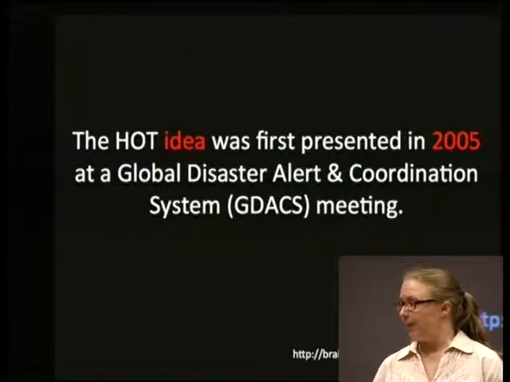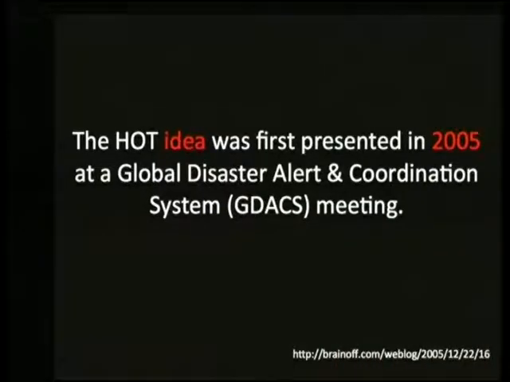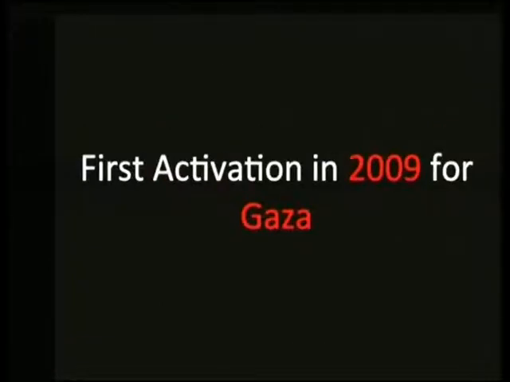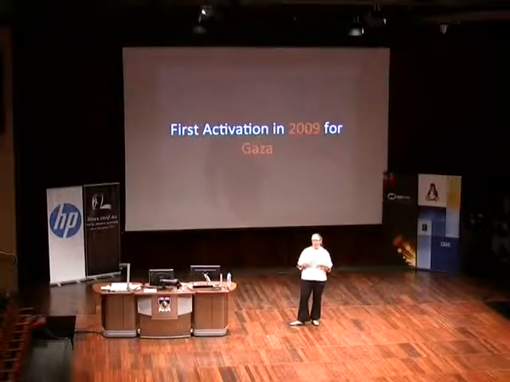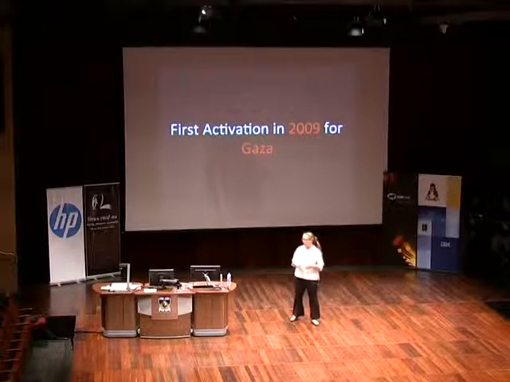So HOT's actually been in existence for quite a while. OpenStreetMap's been around 9 years, and the idea of the Humanitarian OpenStreetMap Team was presented about 8 years ago. The first official activation, and what I mean by activation is a call out to the community, was in 2009 in Gaza. The OpenStreetMap community did a fundraiser to buy satellite imagery to then map the area, because there weren't good maps. There weren't good maps of the Palestinian side, and the thought was this would help, making sure there was open and freely available map information available.